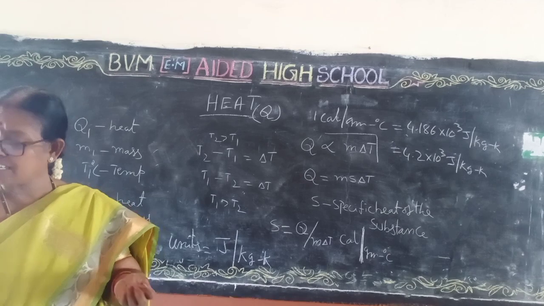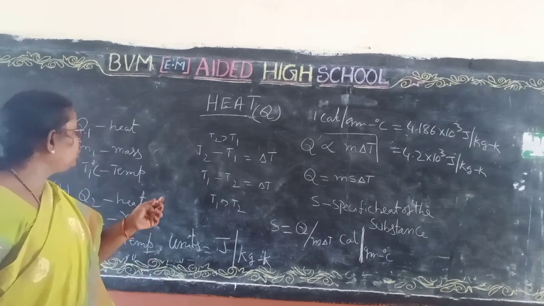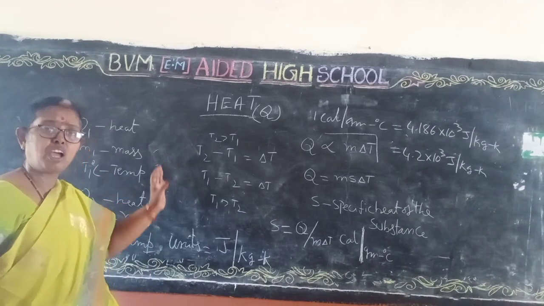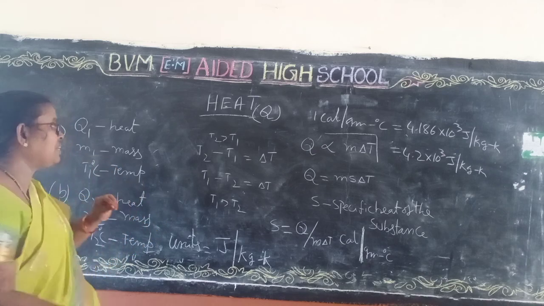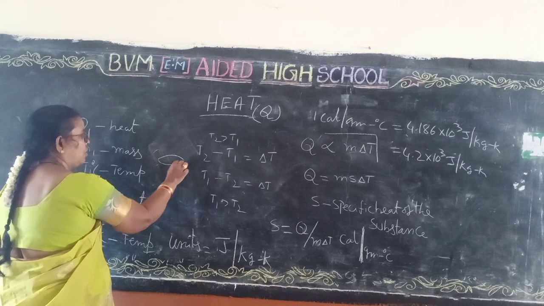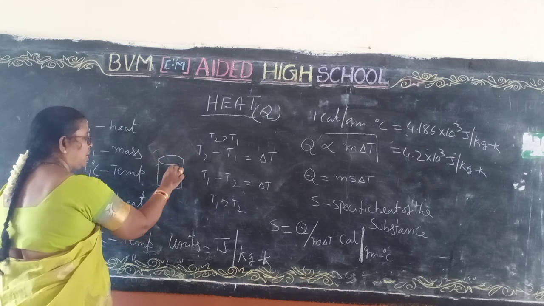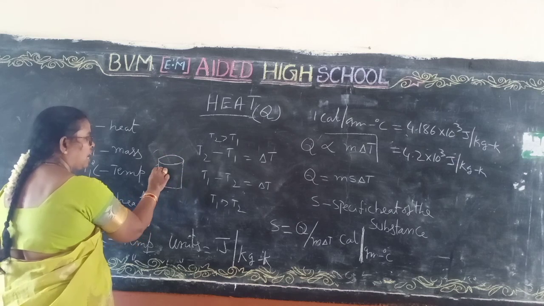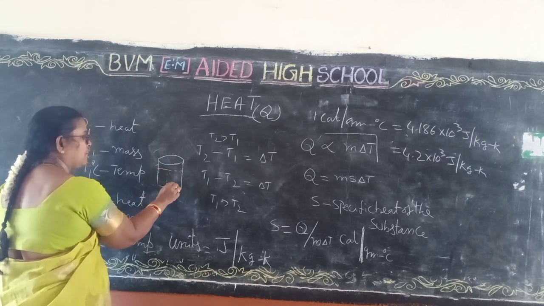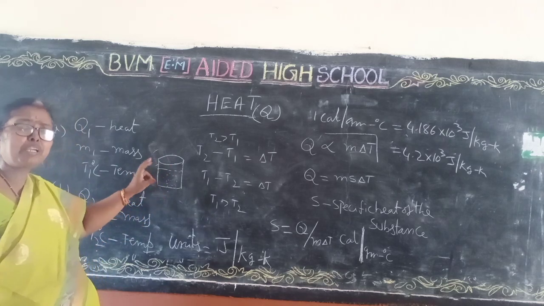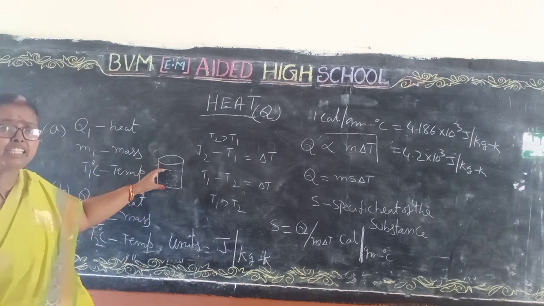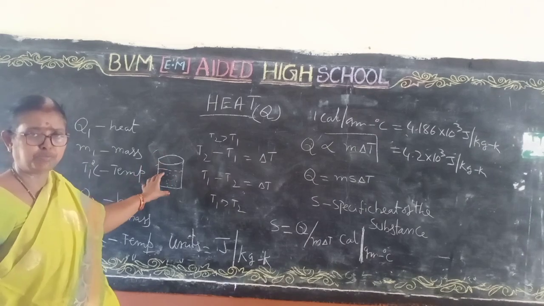Now coming to the lesson. In general I told you the other day, in hot water if you put food grains, they will be jiggling. In hot water, I take food color and put the food grains. Then the food grains will be jiggling, meaning there is some movement in the water. Here, the meaning of movement is that energy is received.